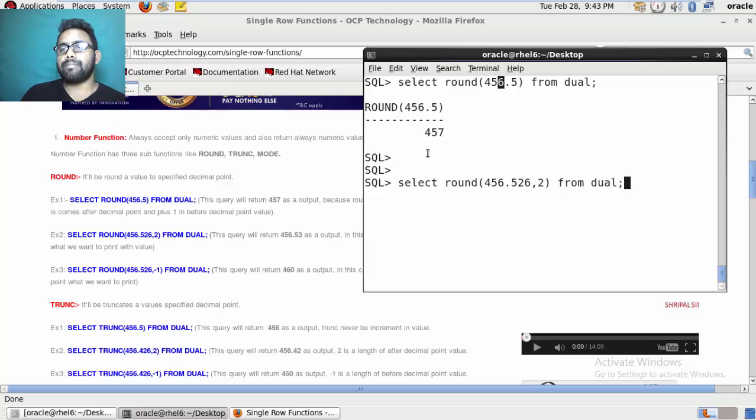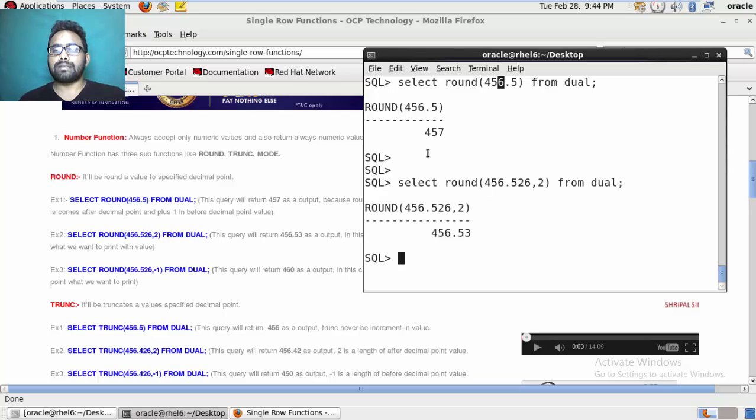What does that return? It returns 456.53. We want to print the value with 2 decimal places; this is the length of the decimal point, how many decimal places you want to print with your value. In the decimal part there is a 6, so it will round this value and increment the next one by 1, and it will return 456.53. So this is basically the round function.